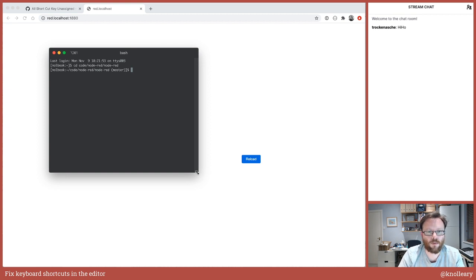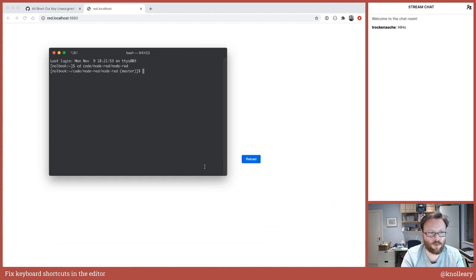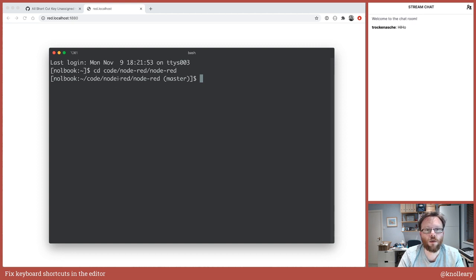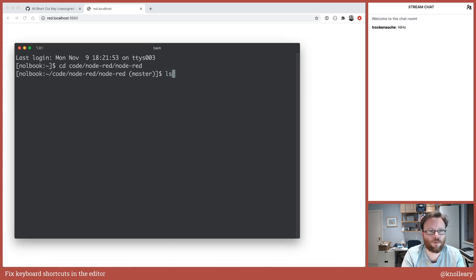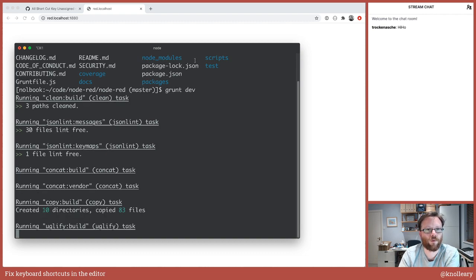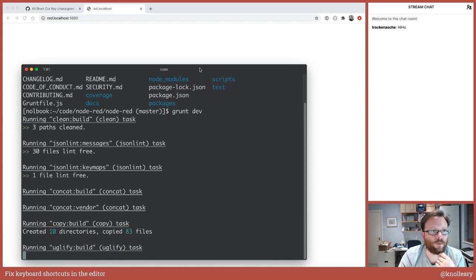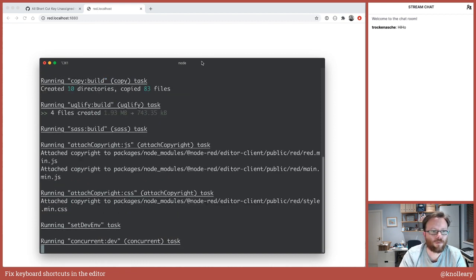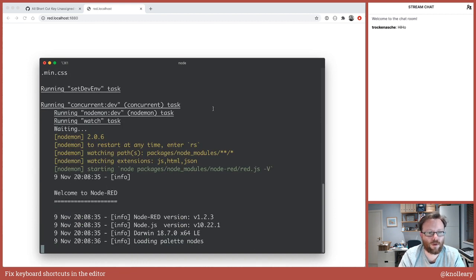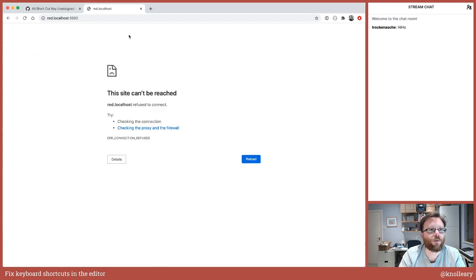So here we are in the code. Again, for the regulars who are familiar with this, for those who are new here, this is the code checked out of Git. We use grunt as our test runner and normally just run grunt dev and let that run in the background. So that builds the code, runs it, and then watches for any changes I make to any files and automatically rebuilds and does the right stuff. It always takes slightly longer that first time because we minify the code as well. But okay, so here we have Node-RED running, and